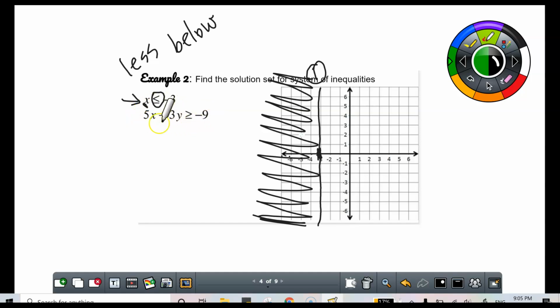Okay, and then the second inequality, we cannot graph it because this equation is not in the standard way. The standard equation is y equals something, right? So first you're going to turn the second equation into the standard way. We want y to be by itself. Okay? So what you're going to do, you're going to get rid of the 5x, get rid of the 3, one by one, starting with the 5x that is far away from the y. Okay? So how can you get rid of positive 5x? I'm going to subtract 5x. Do the same on the other side